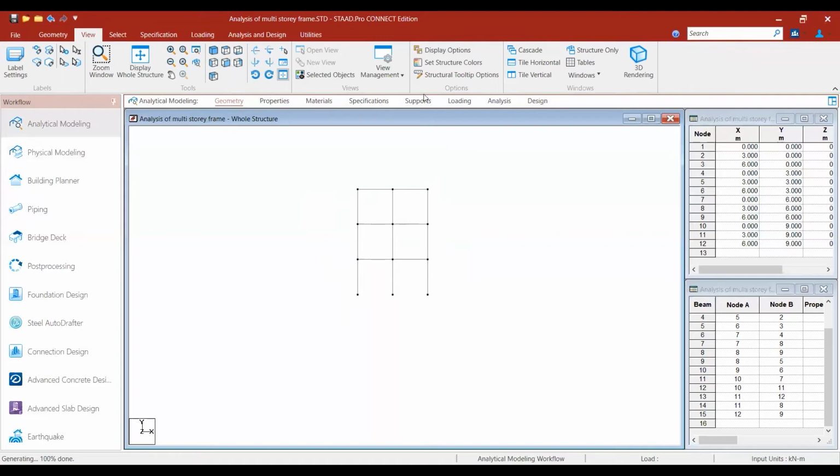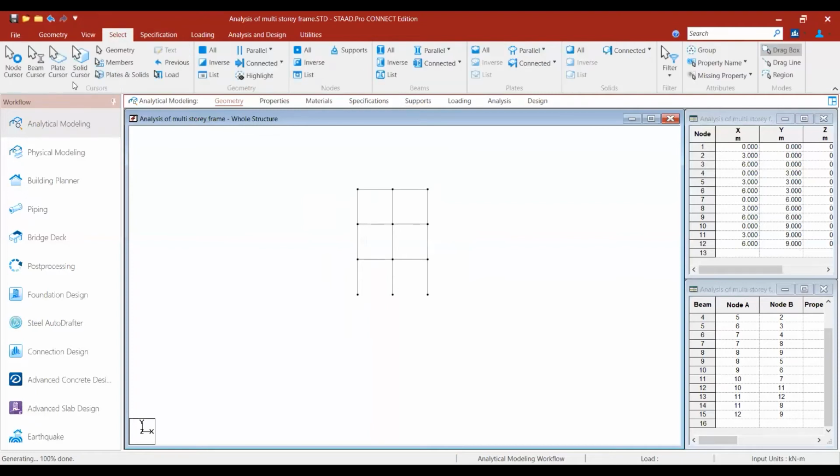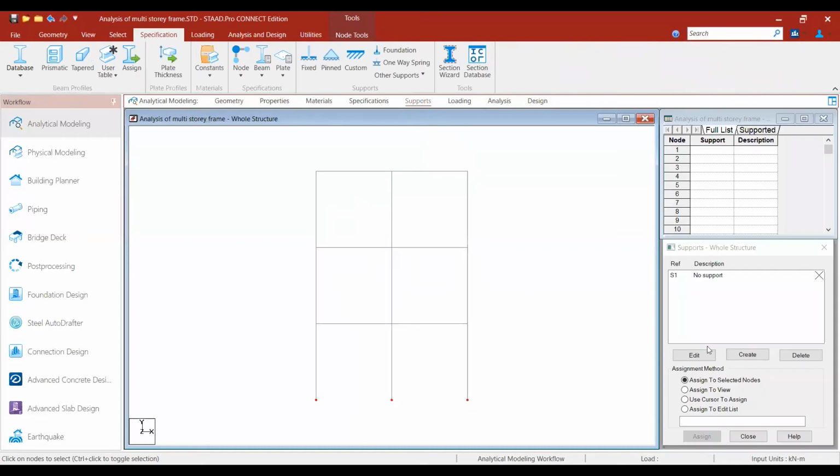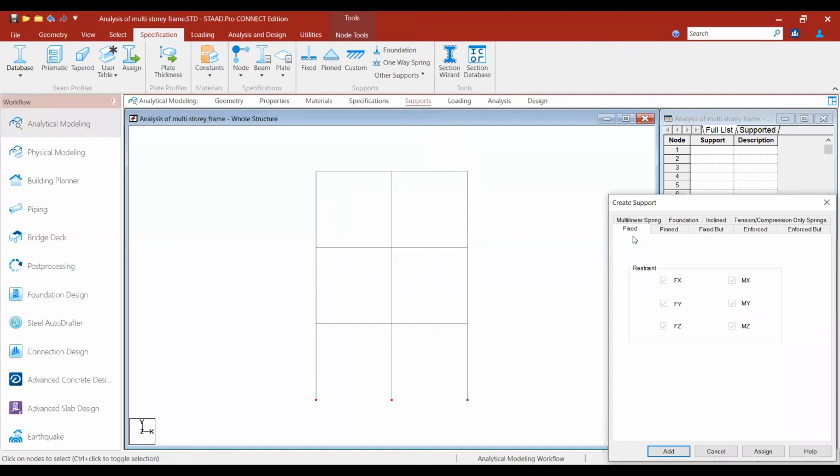now you have to give the supports. Select the nodes with the node cursor. First click the supports and create the supports. Generally, we take them as fixed supports.